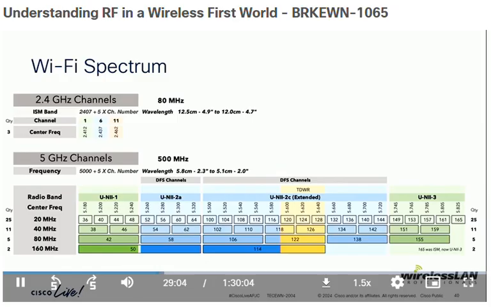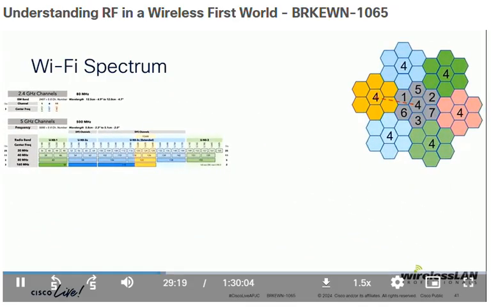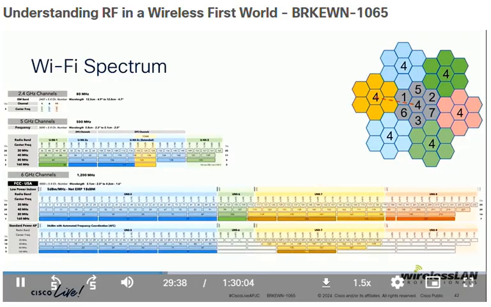The 5 gig band gave us a lot more space, so I actually can make effective use of 40 meg channels. And you might say, well, hey, I've got a bunch of those 80s as well. Why can't I do the 80 meg channels? Well, it comes down to how I do a high-density design. I need to make sure that none of my APs are near an AP on the same channel. I need non-overlapping channels. I need 7 non-overlapping channels in a high-density design. And I don't have 7 80 meg channels in the 5 gig band, which is why we're so excited about